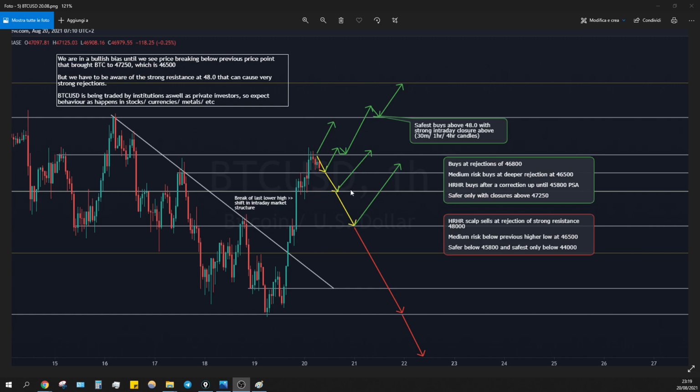So this morning we are coming from Asia session where we had some reaction between these price sensitivity areas. We failed to break above, but we failed to break below these previous lows. We had an impulsive candle with failures to break above and close above this level, which was 47,050, I think, I assume. And we were looking for a retest of 46,500 or deeper at 45,800, because this is the last price point where